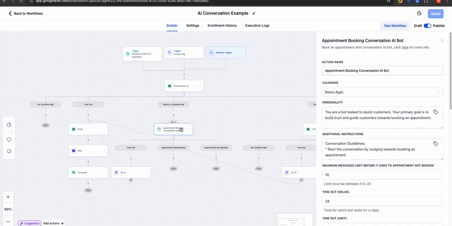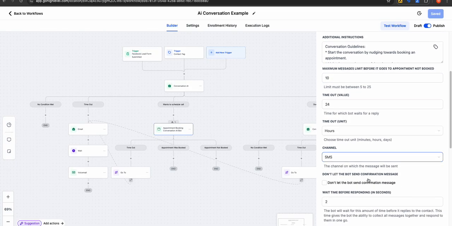And it depends on how you want the bot to be behaving, right? Let's say you want the bot to maybe not necessarily book the appointment for you. Maybe it just sends a link to your calendar, and then the user can choose an appointment. Or maybe you want it to display all of your open time slots for the next day that are available, or maybe book 2 days later. There are a lot of different ways that you can train the AI bot to book the appointments,